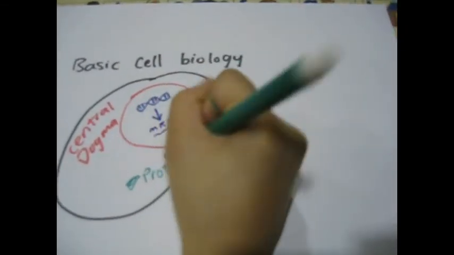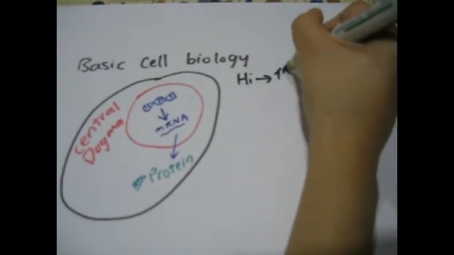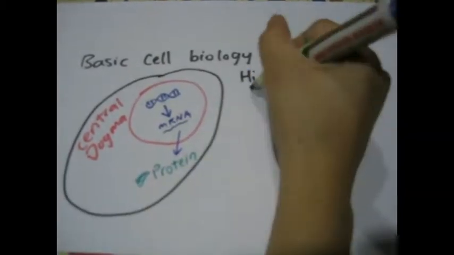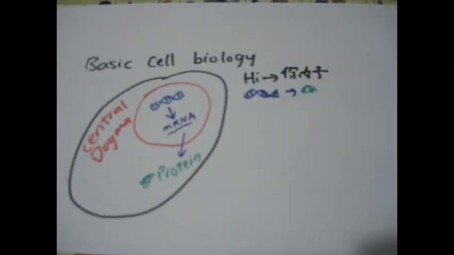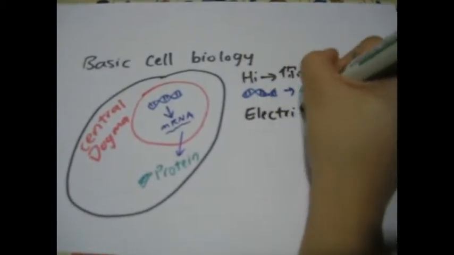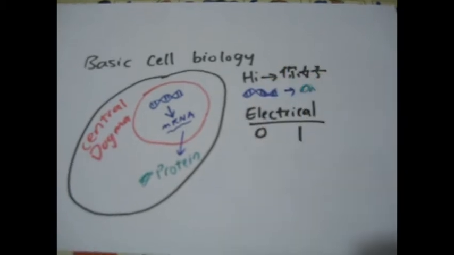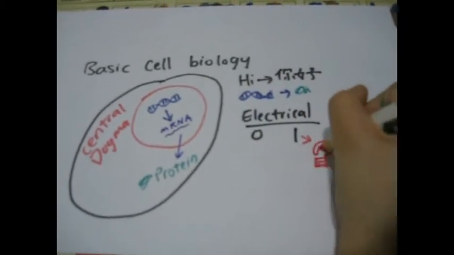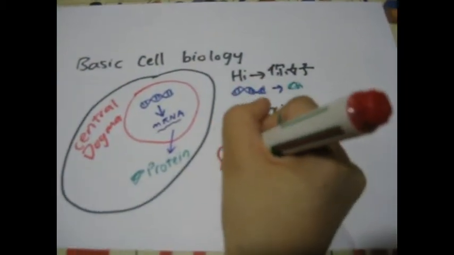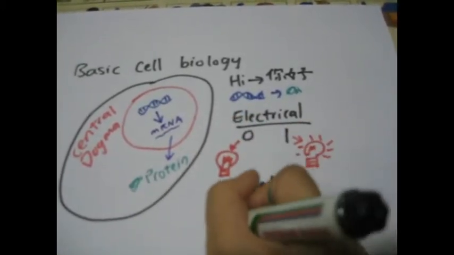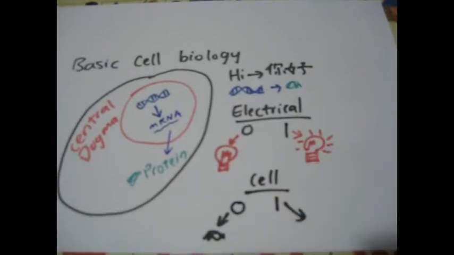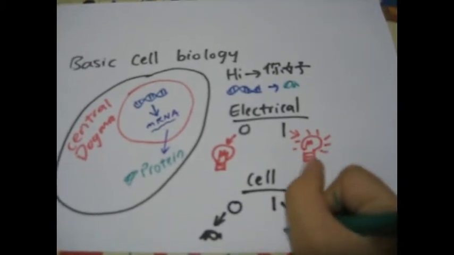Like how we can translate words from one language to another, we can similarly transcribe and translate genes from DNA to a protein product. This protein product can be a fluorescent protein that is detected in a cell. Can you see the resemblance to electrical circuits? When we use logic gates and transistors, we have outcomes of zeros and ones, which can be visualized in a circuit as simply whether the bulb lights up or not. Similarly, in a cell circuit, the use of genes that produce fluorescent proteins can be used to indicate an outcome of either 0, with no fluorescence, or 1, with fluorescence.